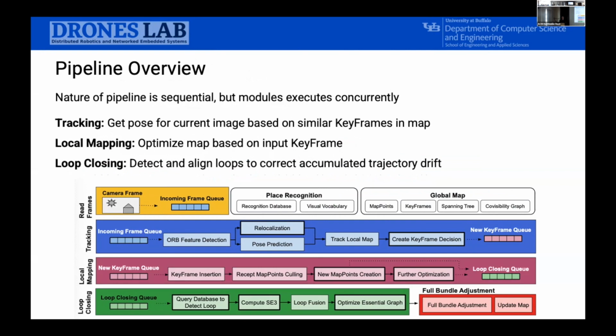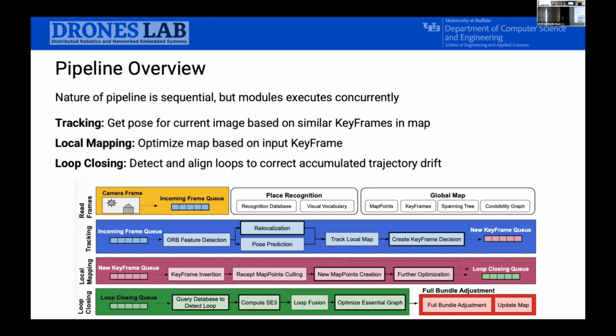So the SLAM pipeline is by nature sequential, so the control flow goes from tracking to local mapping to loop closing. But because timeliness is important, this pipeline is actually split into 3 concurrent modules. So the first module is tracking. It accepts an image from the video stream, and it will get a pose for that image based on similar keyframes in the map. It additionally can choose to save that image into the map as a keyframe if that